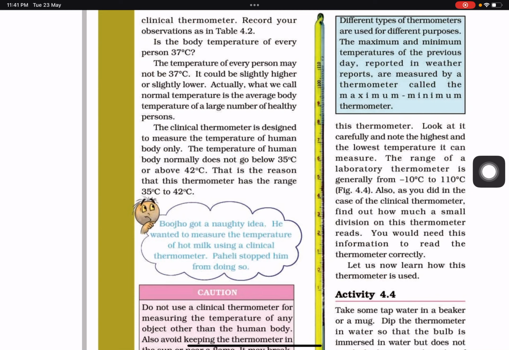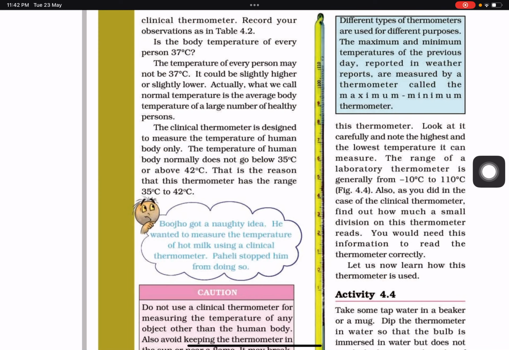If you test it on very hot water or milk, as many children do, they take the thermometer and test it on very hot milk. It is very bad because the thermometer could burst. Okay, now